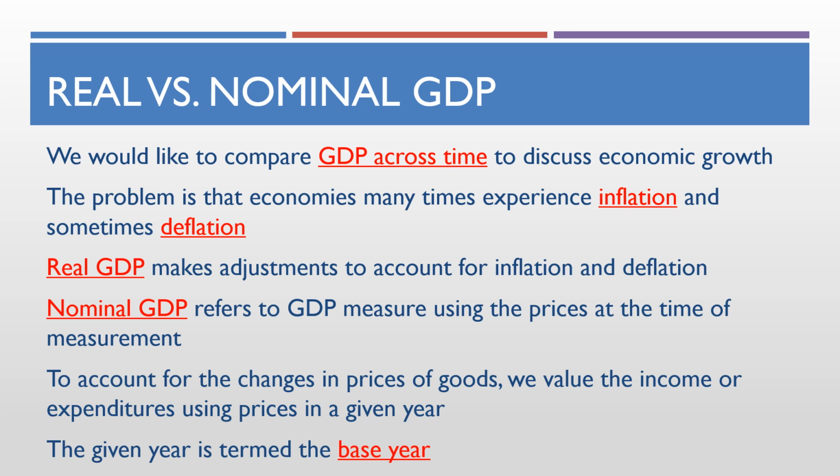So remember in the previous discussions, we have talked about the measure of GDP and how it tracks the overall economic activities and also how we are breaking it down into the two theoretical approaches to measure the GDP, the income approach and also the expenditure approach. So now we would like to shift the topic a little bit to how we are going to compare the GDP across time, right? Since the GDP measure is the measure of the market values of goods and services over time,